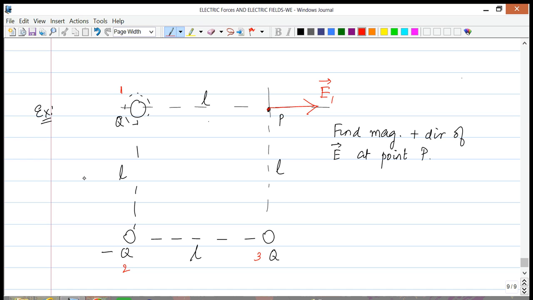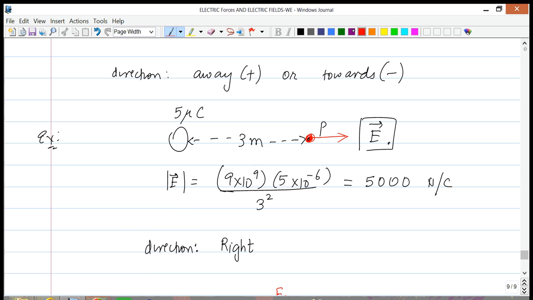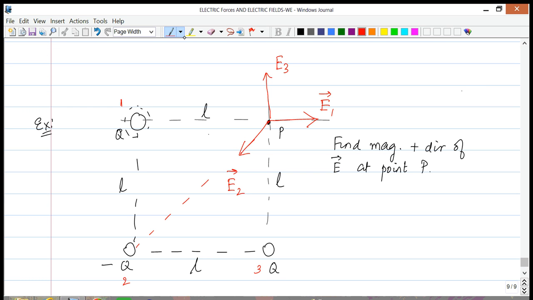Similarly, if I look at the second charge, Q, it is negative. So my electric field is going to have to point towards it. I'm going to call this E2. In fact, I should draw it a little shorter. And then my third is due to this guy, and it's going to be pointing here. It's going to be E3. So these are the three electric fields that we have. Now if we know the magnitudes, figuring out the rest should be very simple.